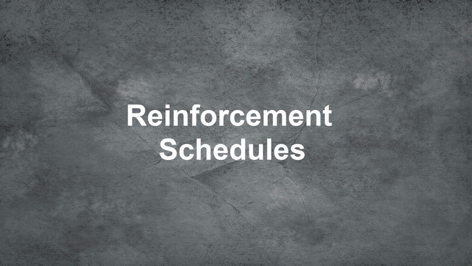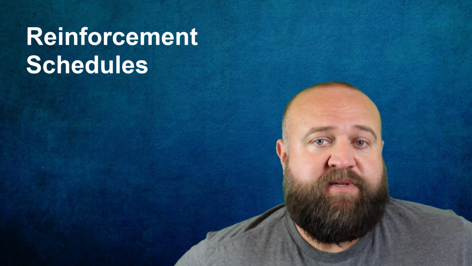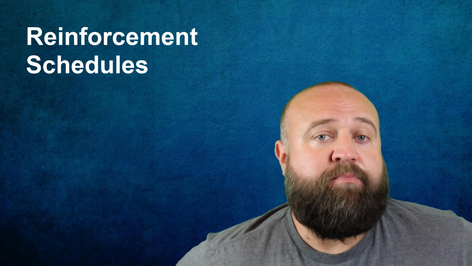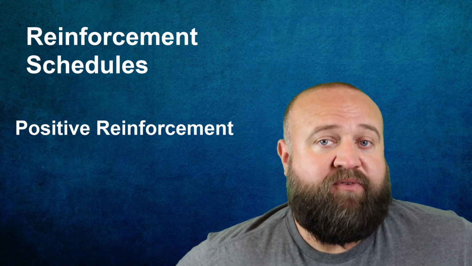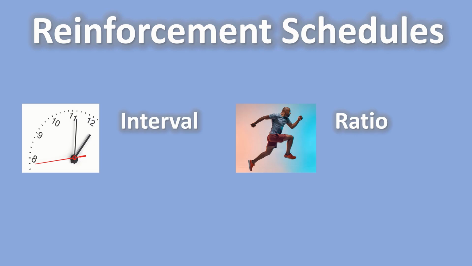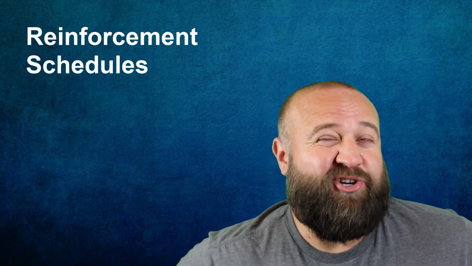Just like there are 4 types of operant conditioning, there are 4 types of reinforcement schedules. Reinforcement schedules typically are applied to positive reinforcement. They refer to when and how often a reinforcement is given. The 4 types of reinforcement schedules can be divided into intervals and ratios. An interval means that you are given a reinforcement based on time. A ratio means that you are given a reinforcement based on some kind of action, based on you actually doing